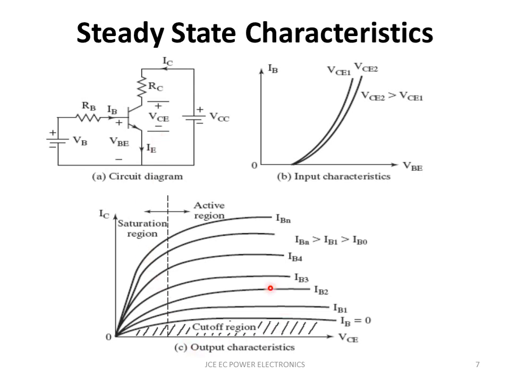And we see there are three regions here. One is the cutoff region, the saturation region and the active region. And the controlling element in this case will be the current, input current IB. So we have discussed earlier also that for different IB current increases, I will be getting these different graphs. Now basically I will distinguish between three regions. In saturation region you will see that the current parameter is very high, whereas the voltage is very less. In cutoff region you will have the output voltage very high, whereas the current is very small.